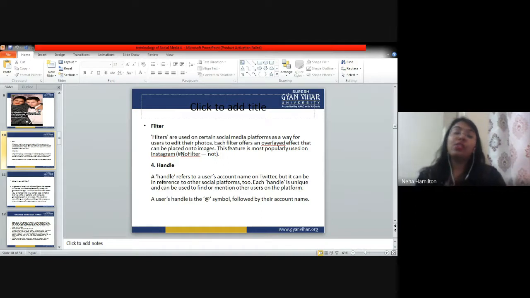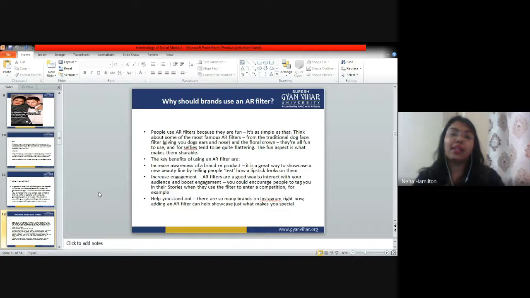So that way you can make changes in your selfies and you can upload them. So this is again another promotional tool which is used by social media marketers. Next point is called handle,